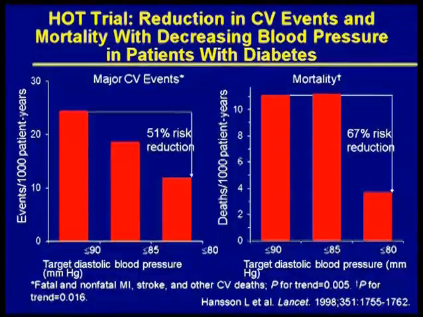The Hypertension Optimal Treatment trial was mentioned by Dr. Singh earlier on in the context of aspirin use. This is probably one of the first trials to demonstrate that you can reduce major cardiovascular events in a diabetic hypertensive by reducing the blood pressure in the proximity of 75 to 80. Nobody is asking you to reduce the blood pressure to diastolic 60, 50. Nobody is asking you to reduce systolic to 110, 100.